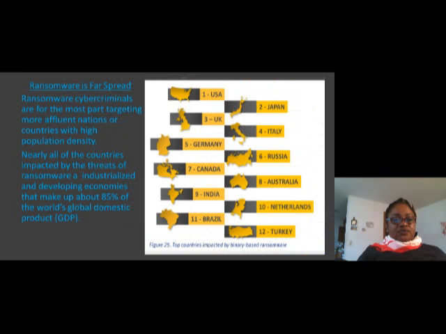So how widespread is ransomware? Ransomware cyber criminals are for the most part targeting affluent nations or countries with high population density. Nearly all of the countries impacted by the threat of ransomware are industrialized or developing economies that make up 85% of the world's gross domestic product (GDP).